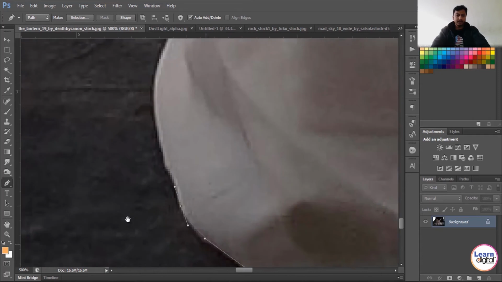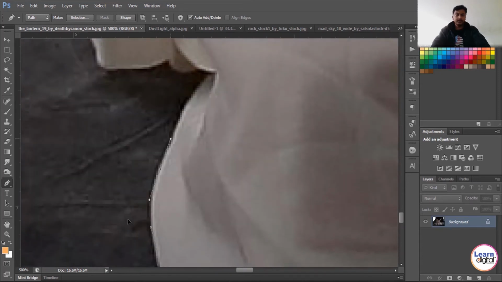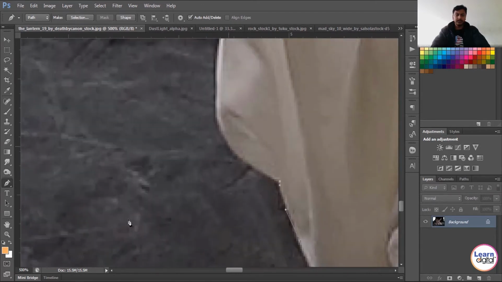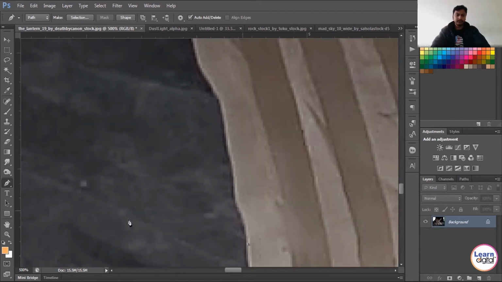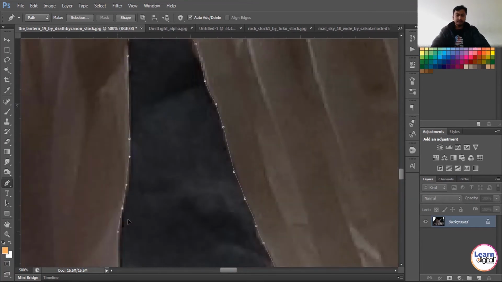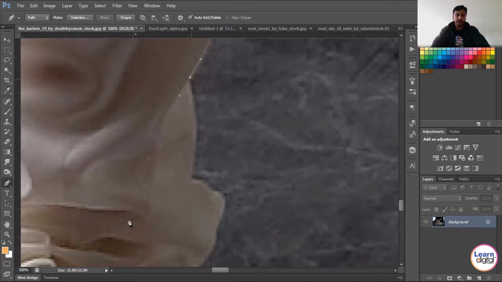Make sure that your starting point is the ending point, otherwise you can't get a selection over here, because we are using a pen tool. It's very quick and fast, a fast forwarded one also.